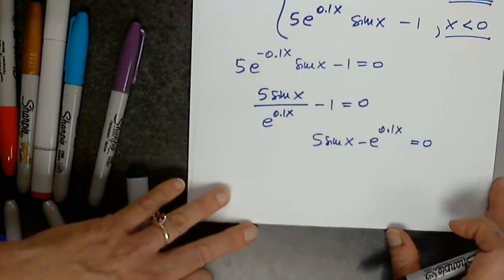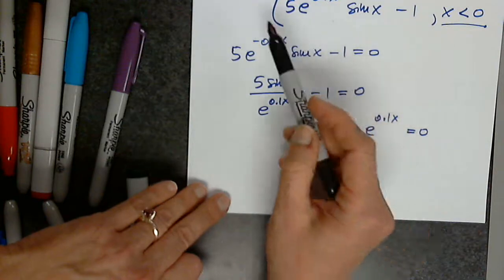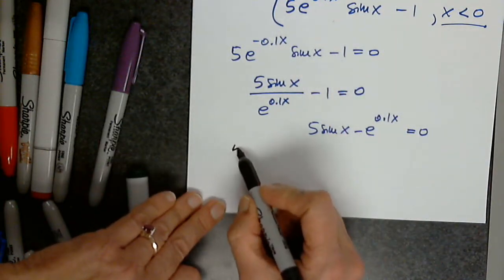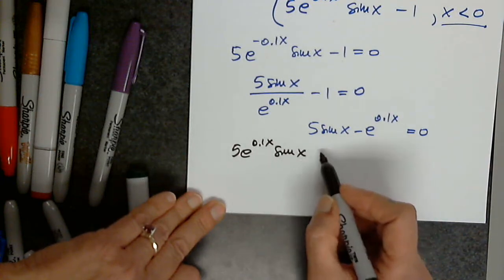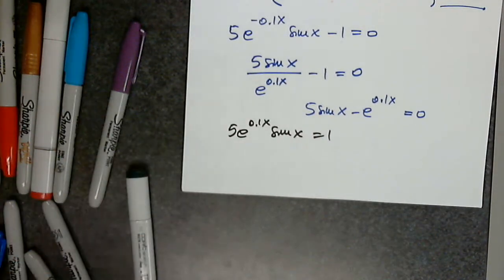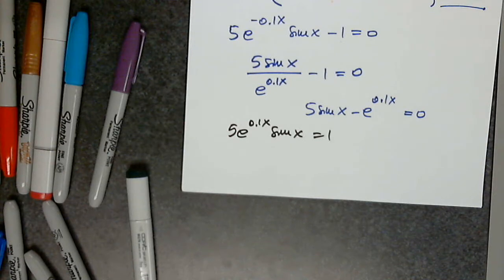But then I also have to look at the other one with the left-hand side. And then I will have to solve this. So this is 5 e to 0.1x sine x equals 1. So it's a totally different story, different graphs, different functions. So I go back to y equals, I clear everything else because it's a totally different thing. Y2 is 1, and y1 is 5